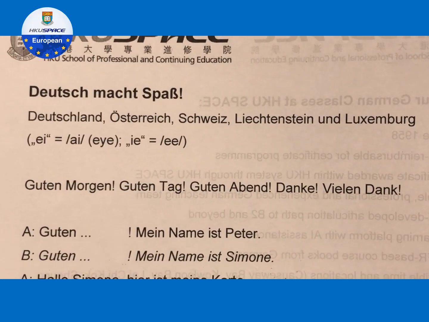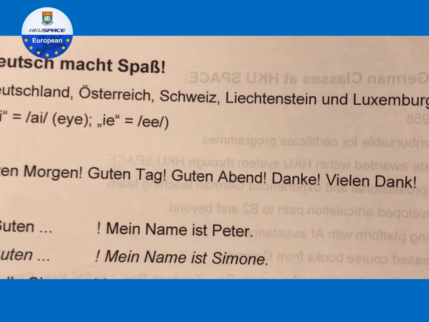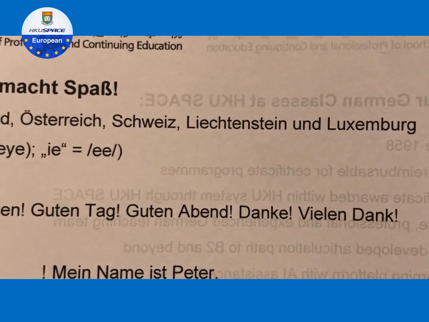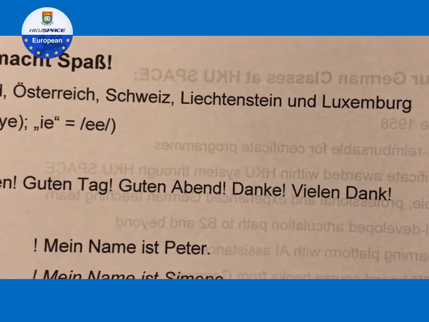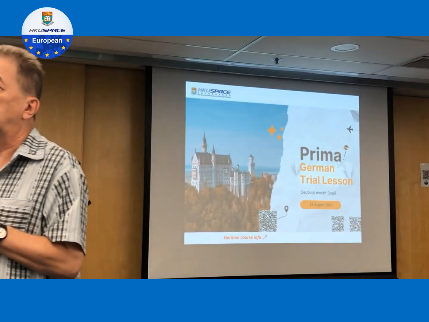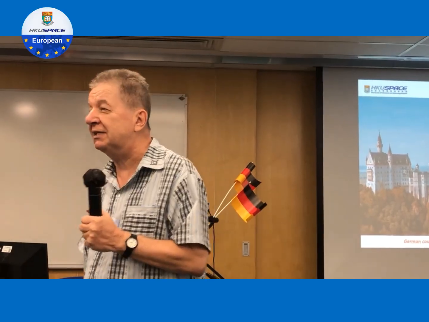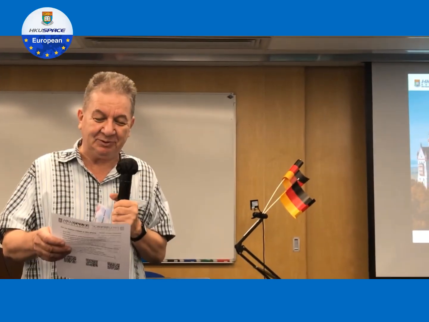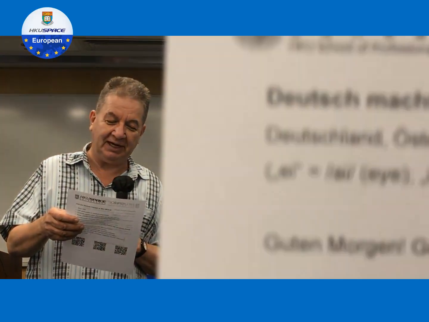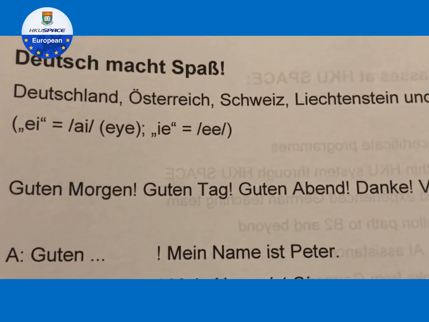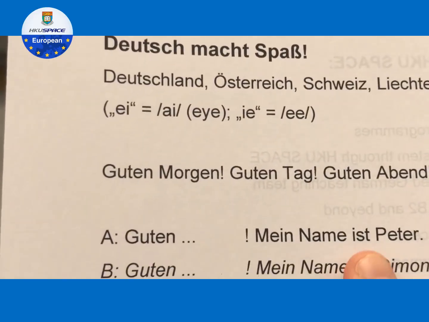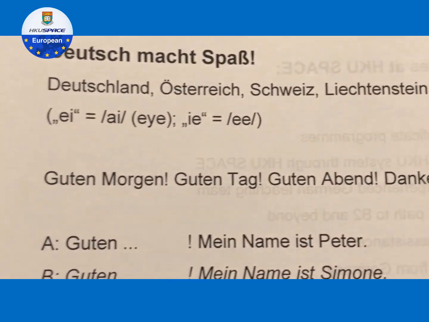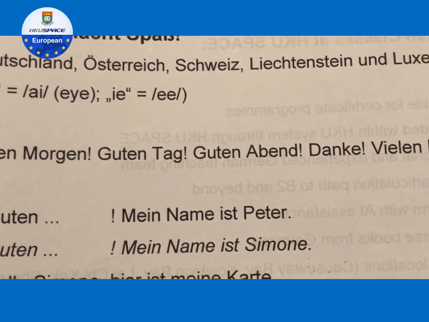And we hear a little T at the end again. Guten Abend. Yeah, typical for Hong Kong students, they say something like Guten Tag, nothing comes out, but for us, always a nice consonant at the end. Guten Tag. Guten Abend. Sehr gut, fantastisch. Okay, let's read greetings one more time. Guten Morgen. Guten Tag. Guten Abend.